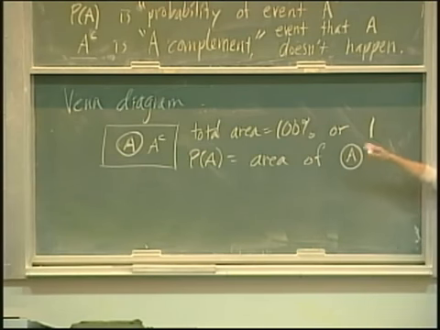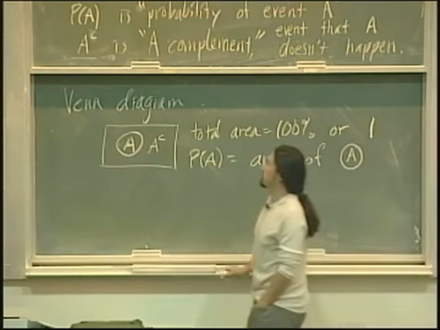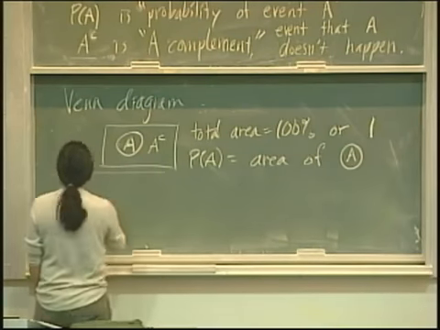Okay, any questions about that idea, that framework? Like I say, the Venn diagram is not super important, but I think it's a nice way to give you kind of a visual way of thinking about probability in terms of areas. And it leads us naturally to the next rule,